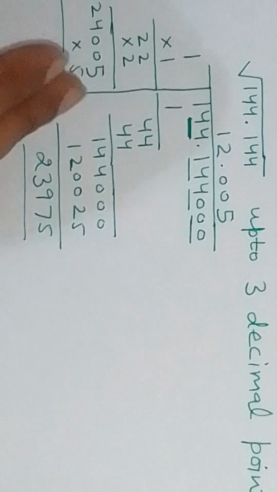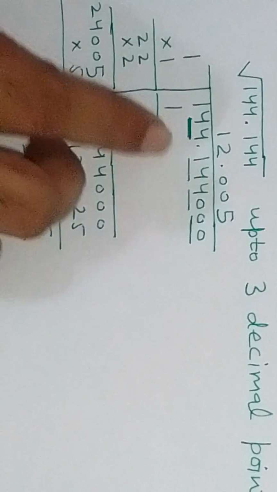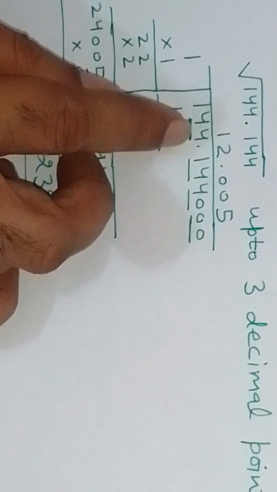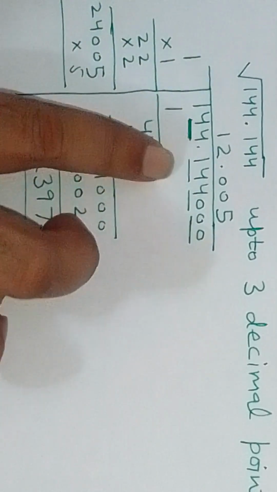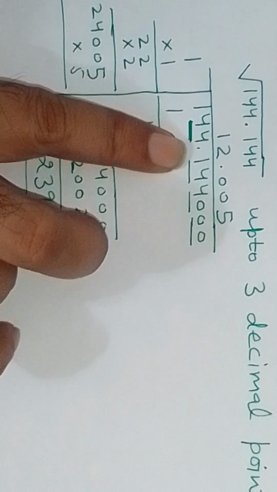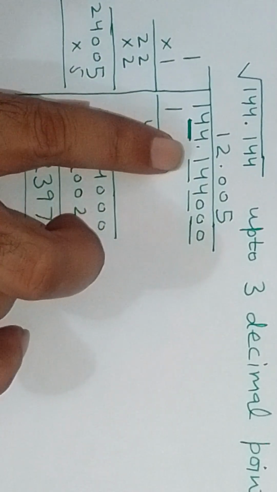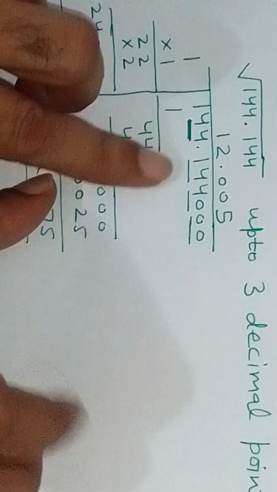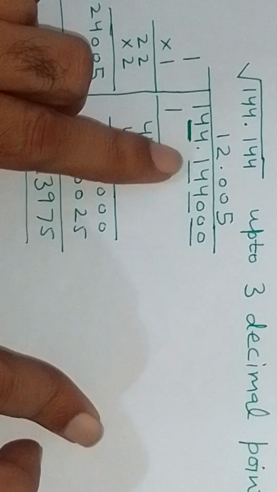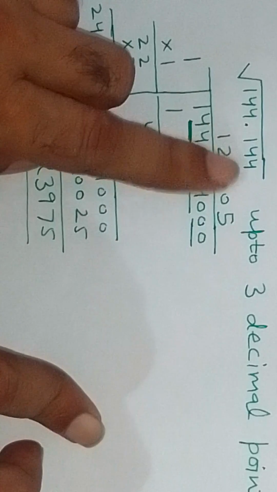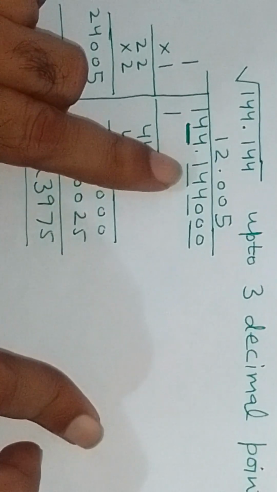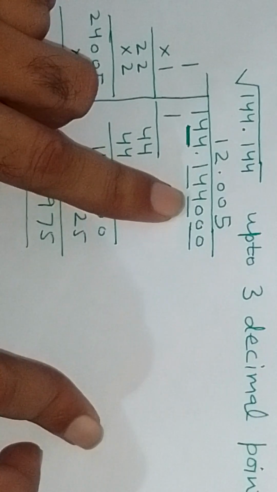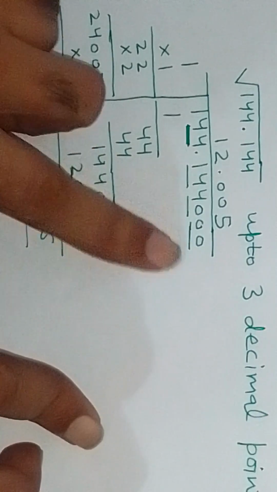before the decimal from the right side to left side. For example 44 and 1, and after the decimal we will make the pairs from left side to right side. For example in this case the values are 144, so then we put the value 144 and we have to make the pairs.